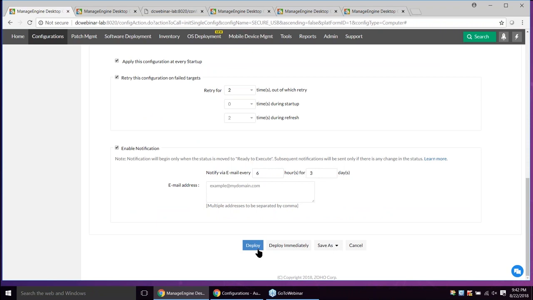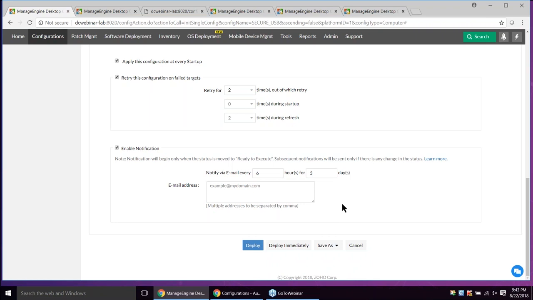Now, the difference is when you click on deploy, the configuration will be deployed during the 90 minutes cycle. If you want to have the configuration deployed immediately, irrespective of the 90 minutes agent refresh cycle, you can go ahead and click on deploy immediately option so that it will go ahead and deploy this configuration using the notification